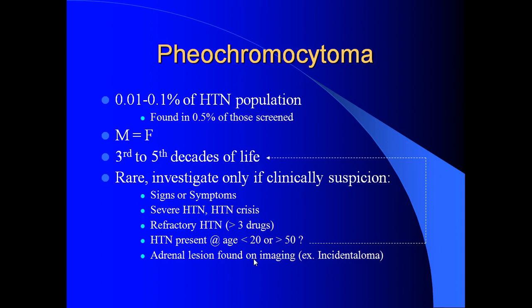because of some other reason, the patient was having abdominal pain for some time and went for an ultrasound, and there was a little lesion on the adrenal, or there appeared to be a lesion in the liver on ultrasound, and then they went for a CT abdomen or something, and you find out that there is a tumor in the adrenal gland. So whenever you see a lesion in an adrenal gland, you have